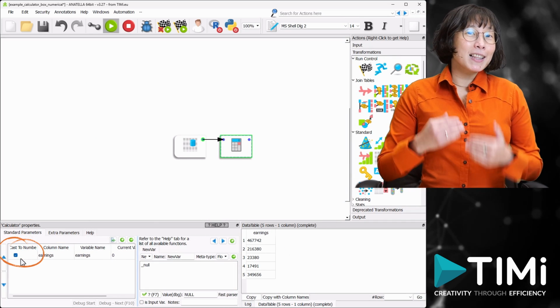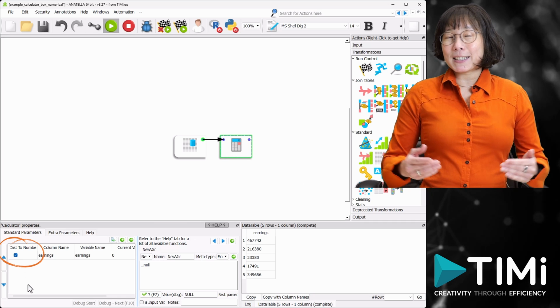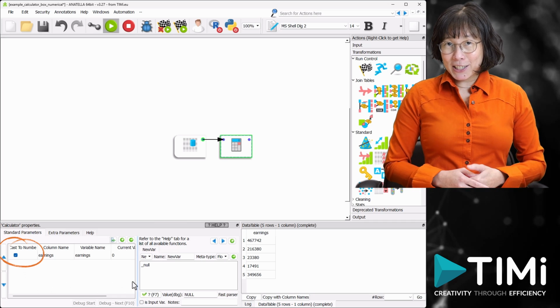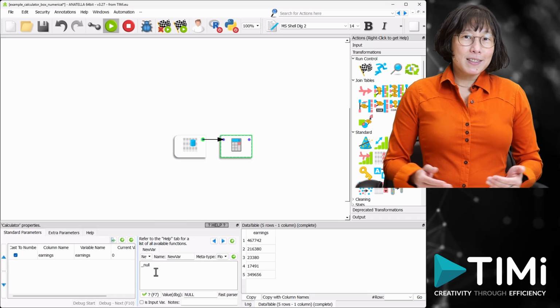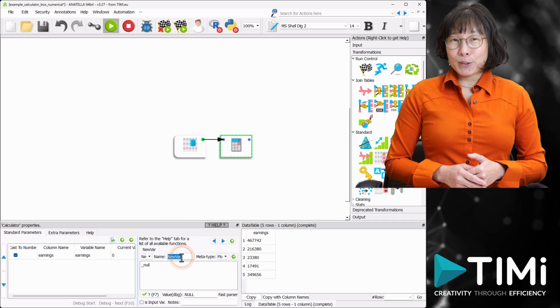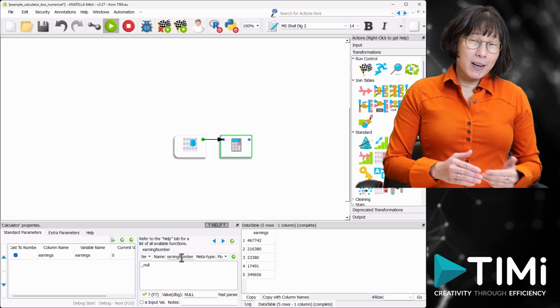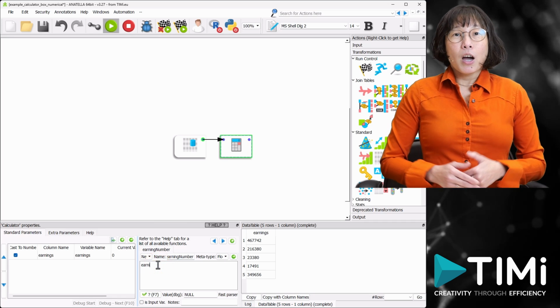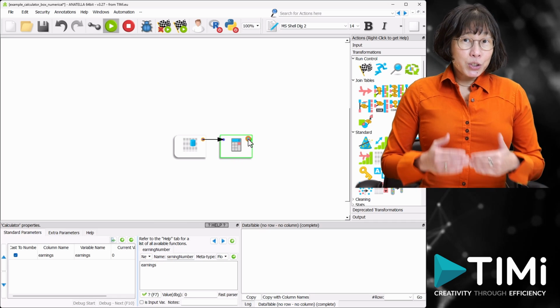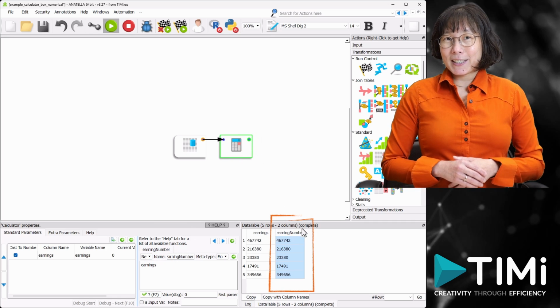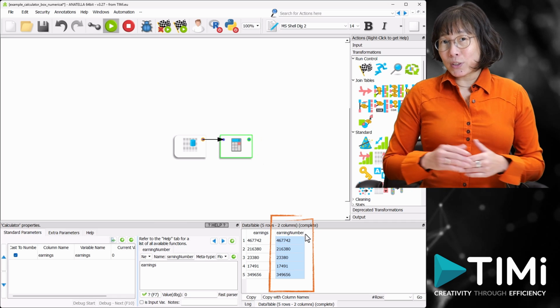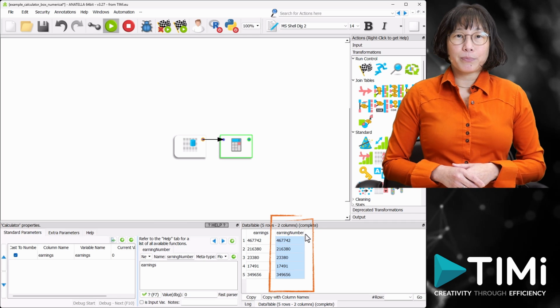This feature allows the variable to be seamlessly used in numerical calculations. For instance, we can create a new variable called earning number as a duplicate of the variable earning. We'll observe that our new column has a blue background, indicating it is in floating number format.